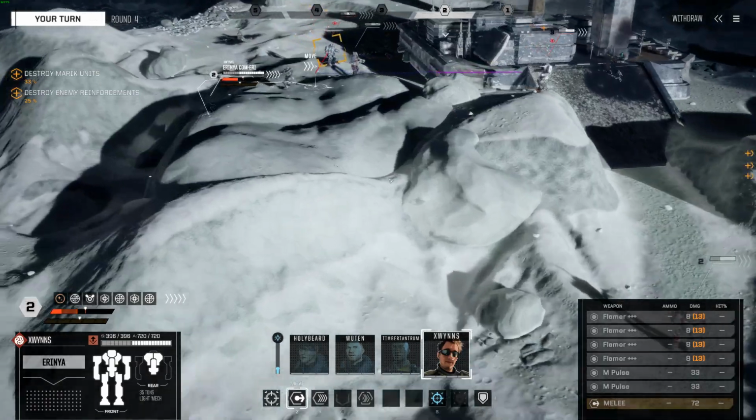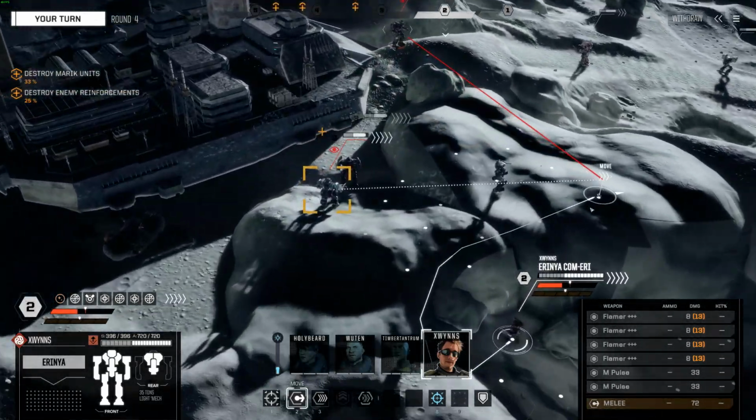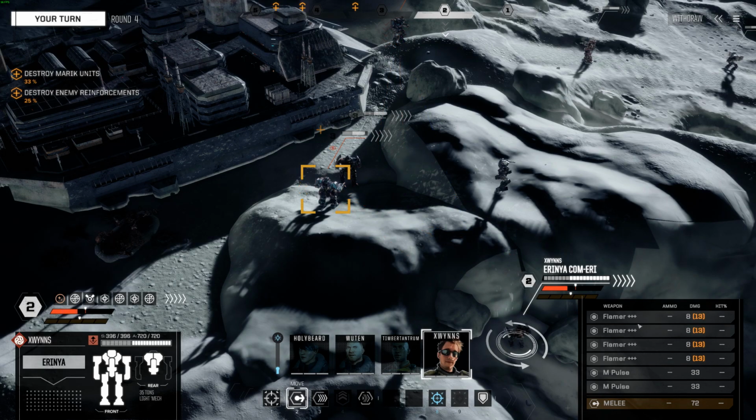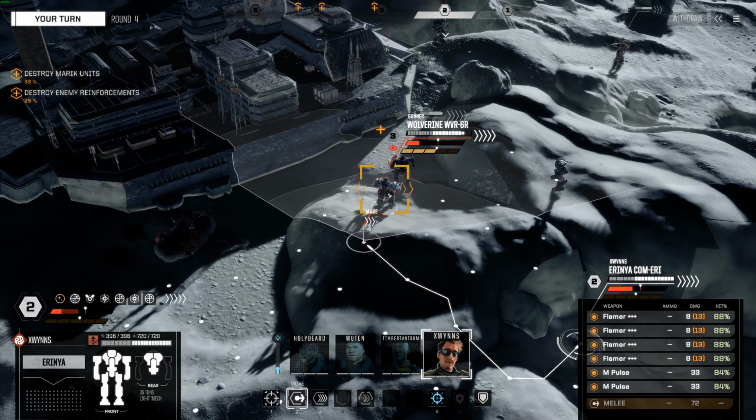I hear ya. Now it's my turn. After I go, I believe I get to go again. So you know what that means? Well, I can't use my flamers because they generate too much heat, is the thing. If I move right here, I can get directly behind the guy and do an asinine amount of damage, and then...